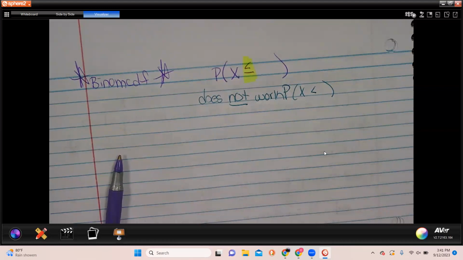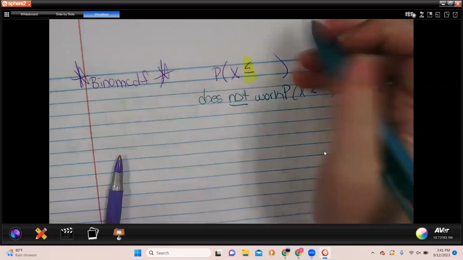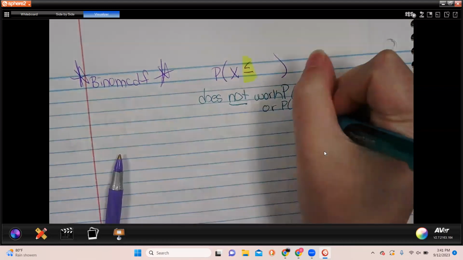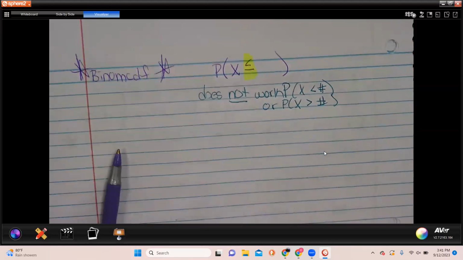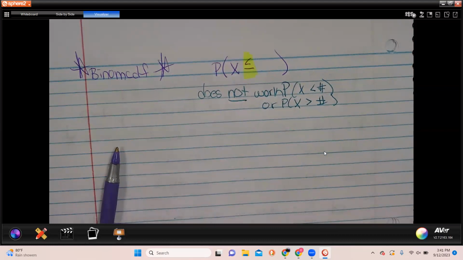So what about the greater than or equal to? It doesn't work for greater than, probability of X greater than. Okay, it won't work for the non-equal to situation. It just doesn't work. But there is a way to make it work for the greater than or equal to,